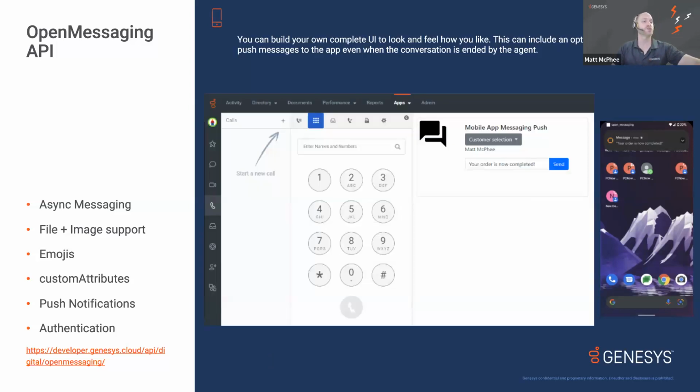For push notifications as well, as in restarting a conversation, quite often people say, all right, you've got the use case, your customers messaged you in, you've had your conversation, the agent then needs to restart the conversation. This is also a difference between web messaging and open messaging. With open messaging, you can build in a little custom UI, like I've built my extremely ugly one in my interface here. But because I'm using open messaging, I can essentially use the agentless messaging endpoint, which is designed for SMS, WhatsApp, and open messaging. There's also the ability to do it on email,